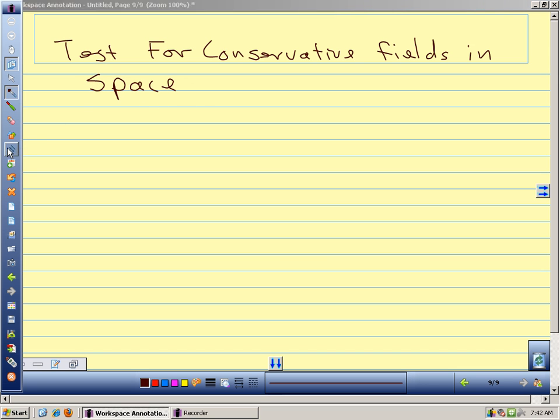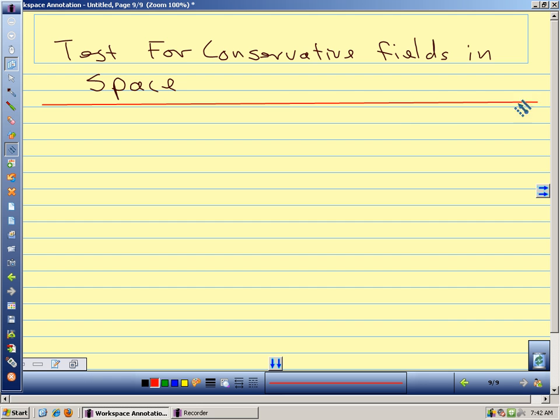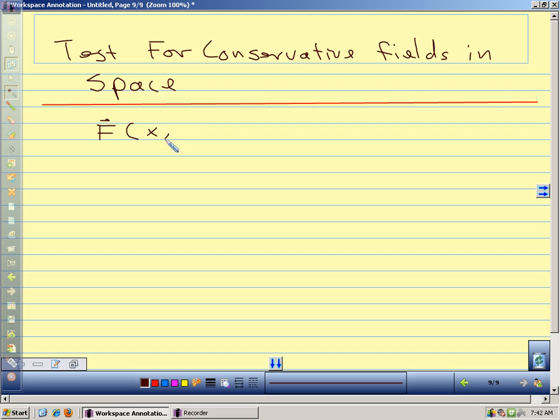The first test that we used works for vectors in the plane. We're just looking at the two partials of the x component and the y component. If we have a space vector, it's a little more complicated. But now that we know about the curl, we have a little easier way to write this out. So our vector field is conservative if and only if